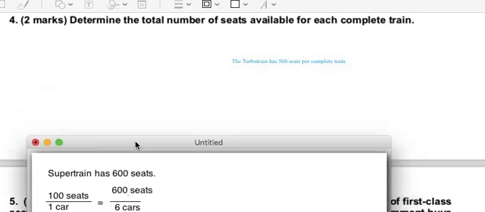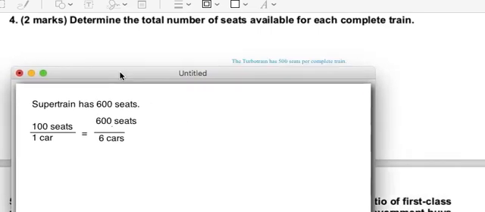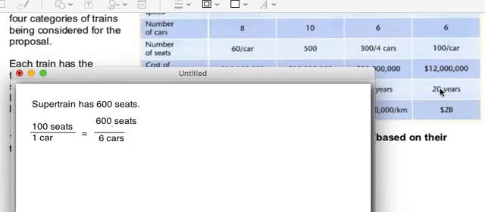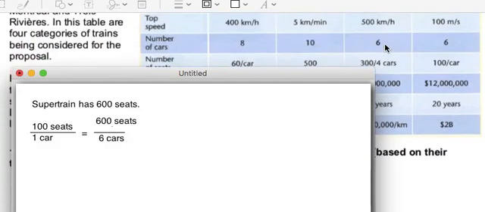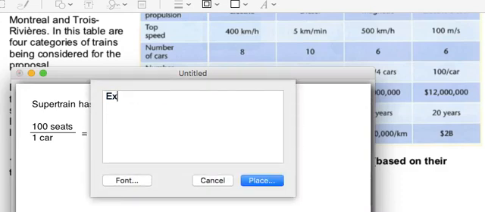So we had the turbo train has 500 seats. That was the easy one. Super train has 600 seats. That's pretty easy. Another pretty easy one, if you look here, there are 60 seats per car in the express, and there's 8 cars. So the express train